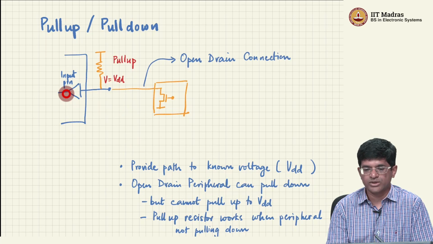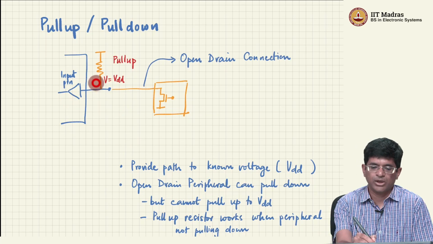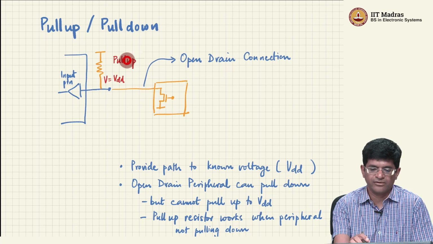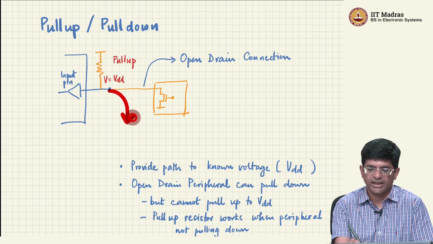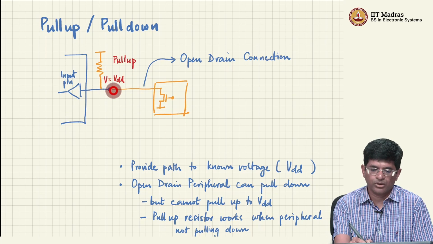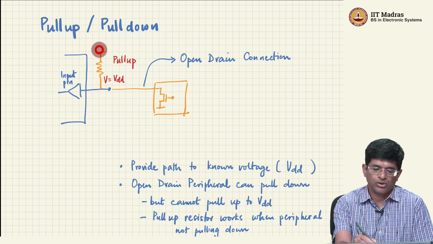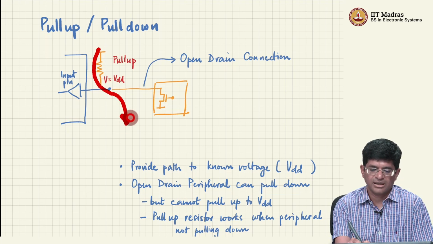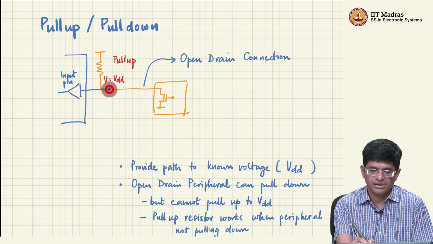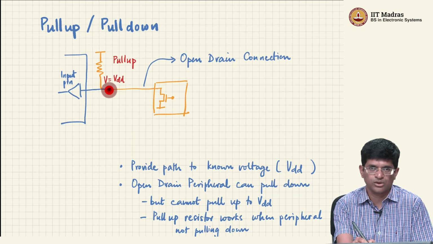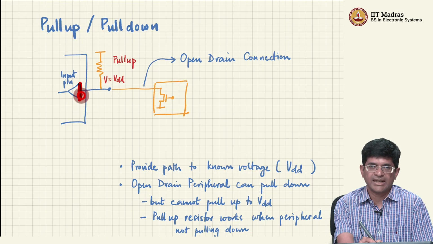I could alternatively use something called a pull-up resistor. Pull-up resistors are things which by default, if there was no connection out here, would pull this voltage up to VDD. If there was a connection that tries to pull it down, then that also works. What would happen in such a scenario is that I would have some current flowing through this resistor and down to ground. This voltage would end up being fairly close to ground, although there would be some voltage drop across this resistor,